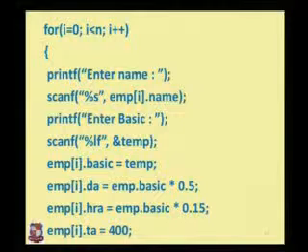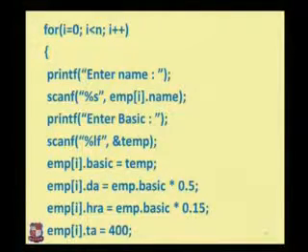Okay. Then if we are entering 2 values, the loop will go on and take the values of only 2 employees. Then printf enter name, scanf %s employee of i. Employee array of i starts with i equals 0. Suppose we have taken n equals 2. Then our loop will run for i equals 0 and i equals 1. When it goes to i equals 2, our middle condition, i is less than n, will be false and it will not enter the values.